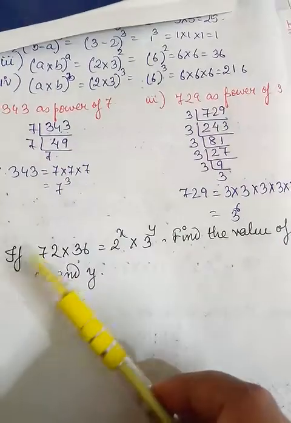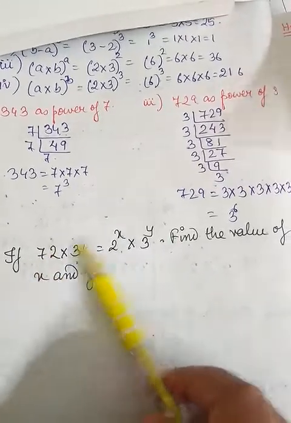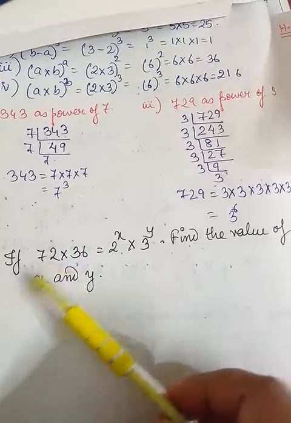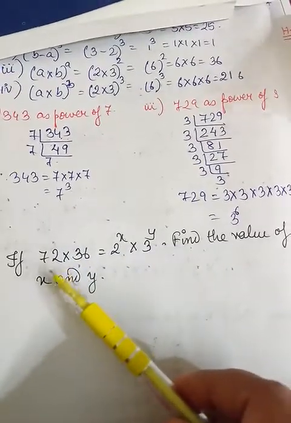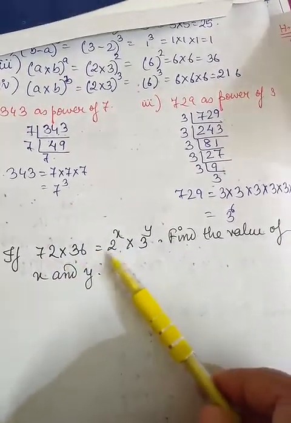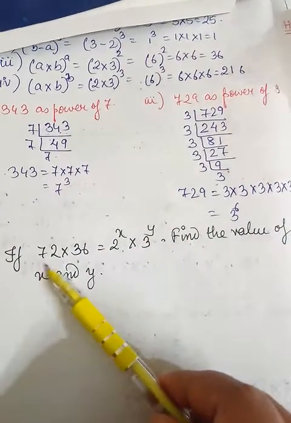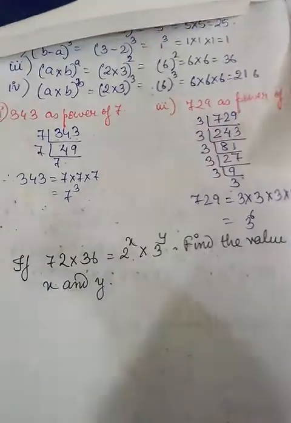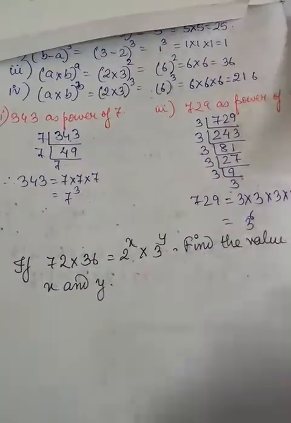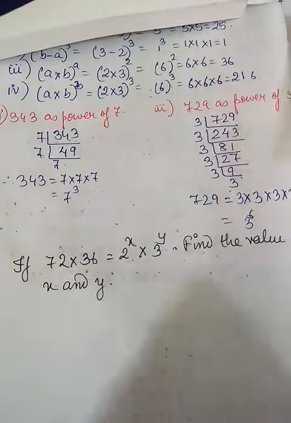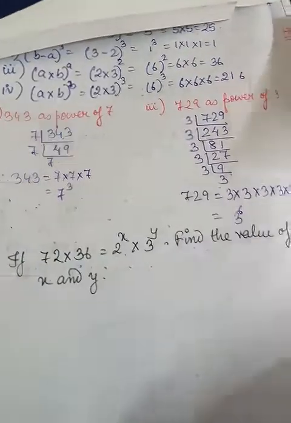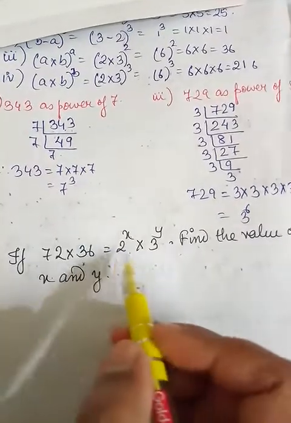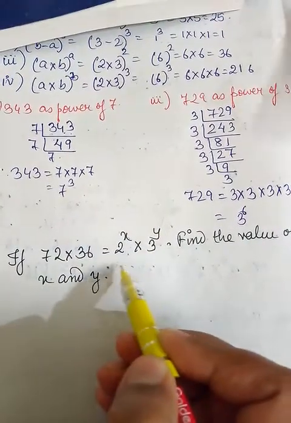and y. That means whenever there is this sort of question, the first thing that we are going to do is find out the factors of the given terms. Here we need to find out in terms of 2 and 3. If in a question 5 and 7 are given, the given number has to be factorized in 5 and 7. So as per the question given, 72 into 36 has to be brought down in terms of